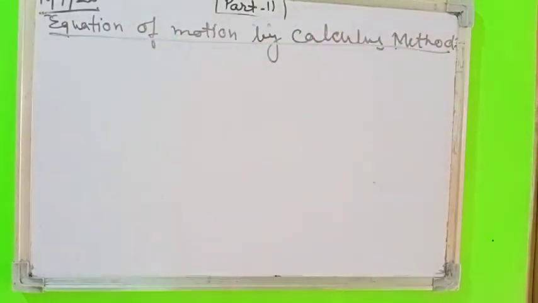Equation of motion by calculus method means we use the concept of differentiation and integration here. Means the mathematical operators, that is integration and differentiation, we will use here to find the equation of motion. So